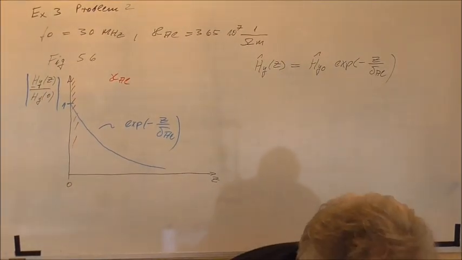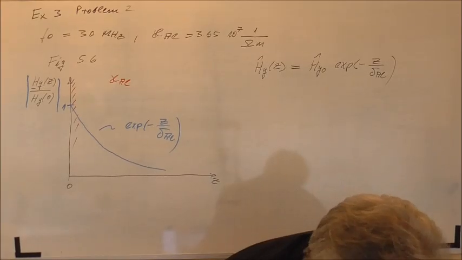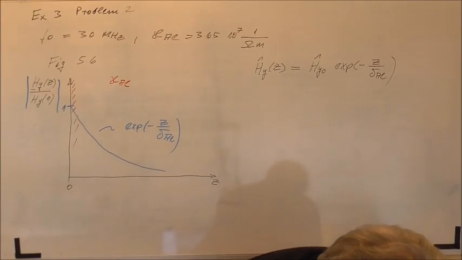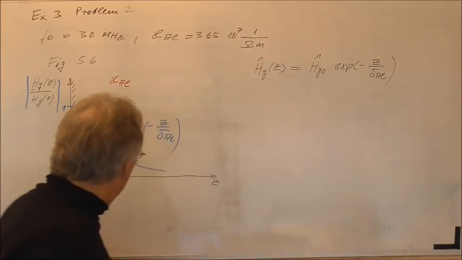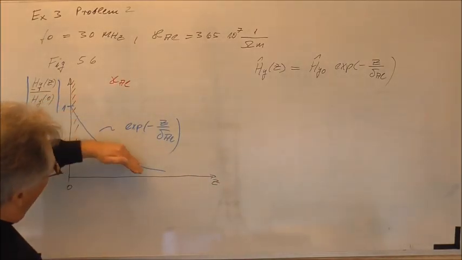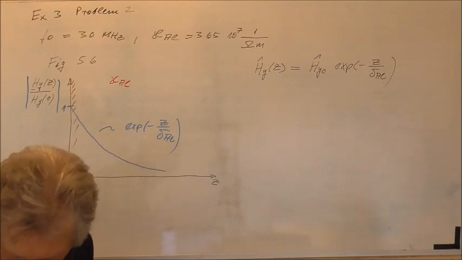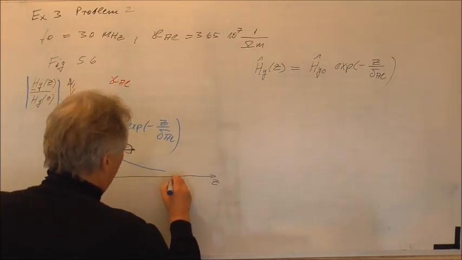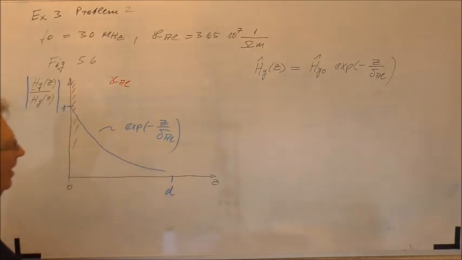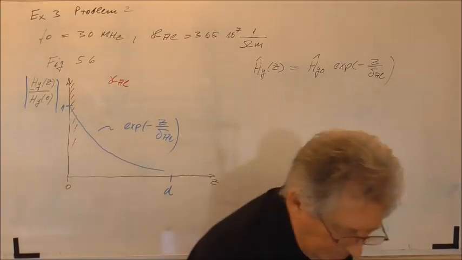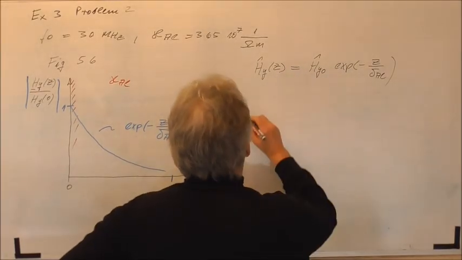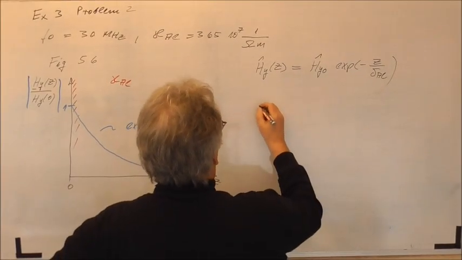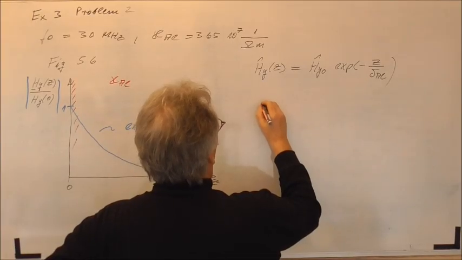And now the question is, at which distance z from the surface is the magnetic field strength attenuated by 80 dB. You see it decays down here, and there will be a certain distance where we have a damping of 80 dB. And what does this mean? If I use the dB value, then we must say that we have